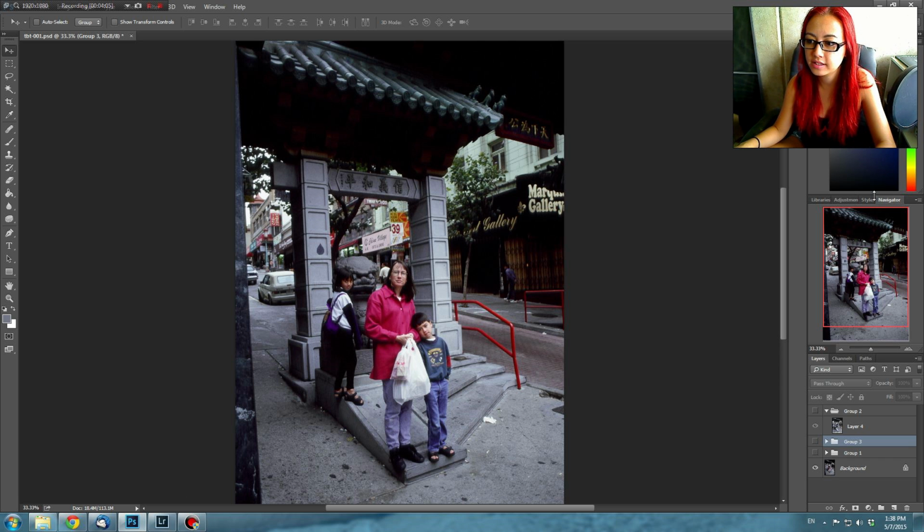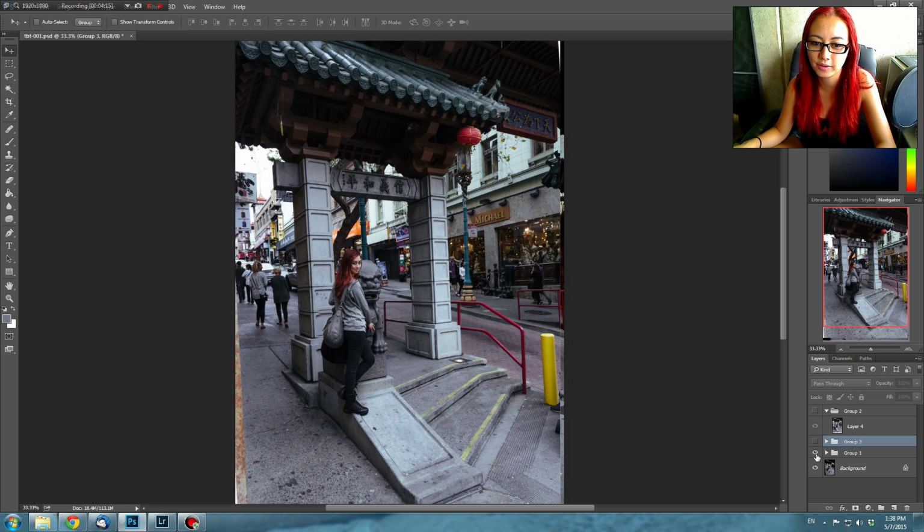And so here it is in Photoshop. Again, here's the original photo. There's me and my mom and my brother. And what I did is I pasted in a new layer